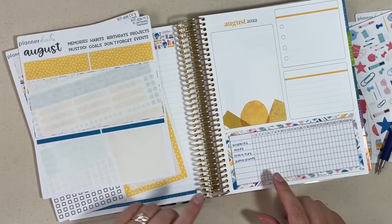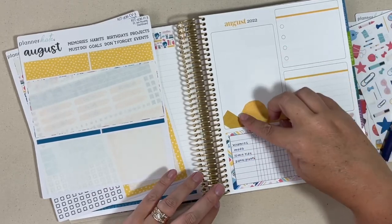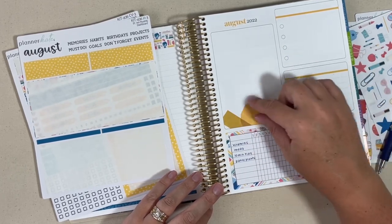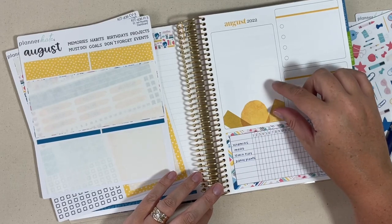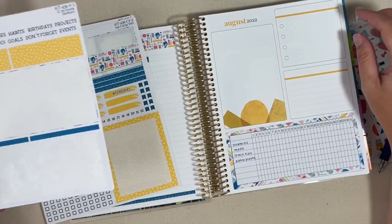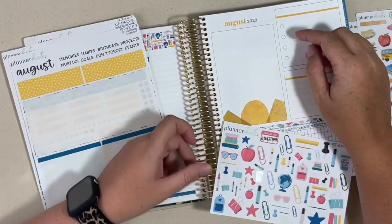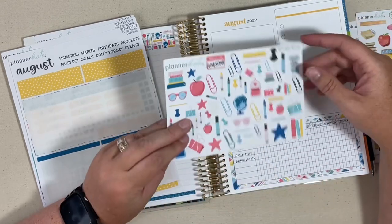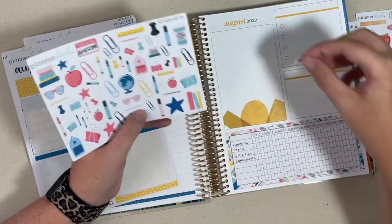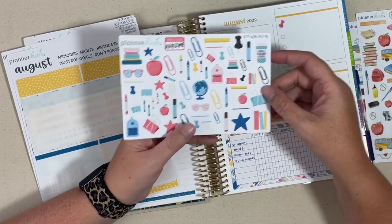And then the trickier part, I feel like, of this dashboard is if you want to cover some of this decorative element, if you have the Harmony Colorful like I do, that's quite a big section to cover. So what I had planned on doing was putting my quarterly tasks up here, and I thought it would be cute to cover these 4 circles with some of the clip kit art. I don't know if they're going to be large enough. Oh yeah, they are, to cover those circles. So maybe we will do